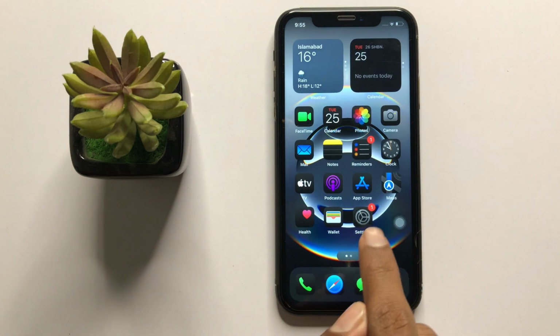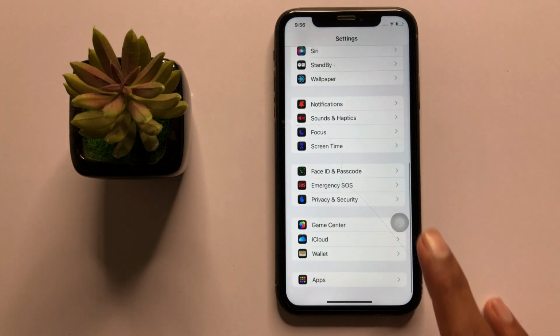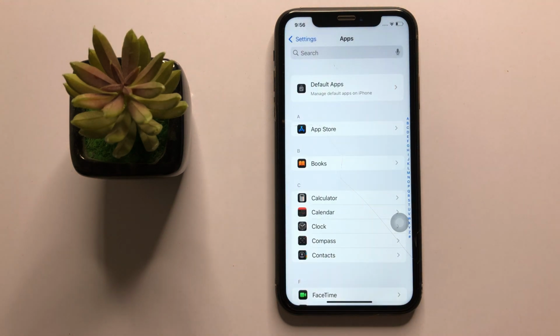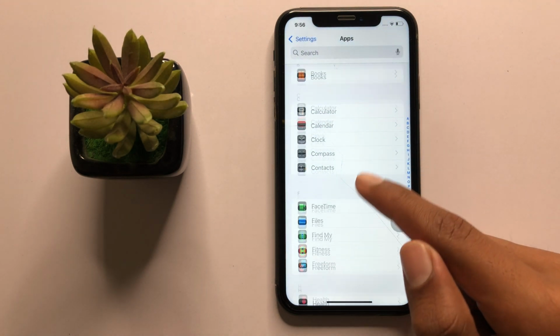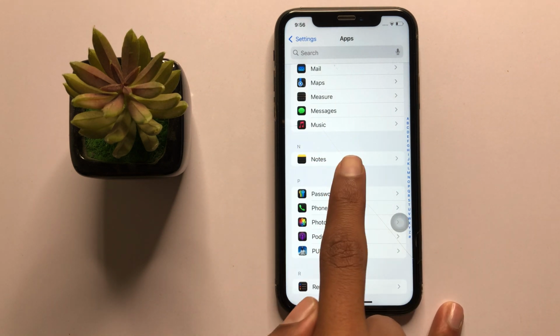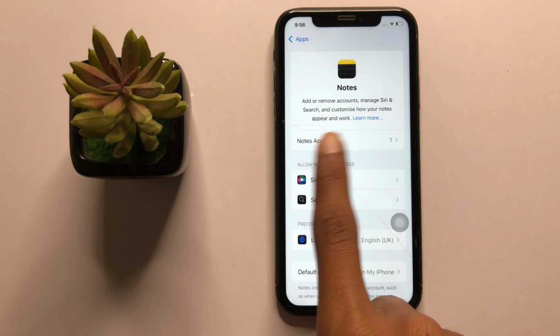open settings. In settings, scroll down to the last and then click on apps. After clicking on apps, then scroll down and here you can see the option notes. Now click on notes and then click on notes accounts,